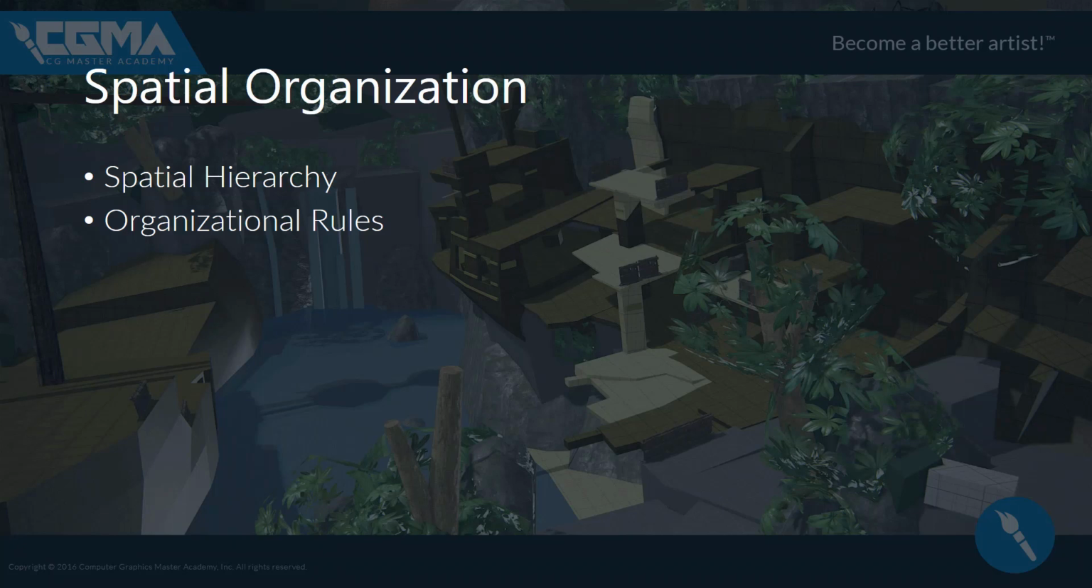All right, so we talked about spatial hierarchy. We talked about spatial organization as it's described with spatial hierarchy. Now, the second part of this is organizational rules, and what this generally means is